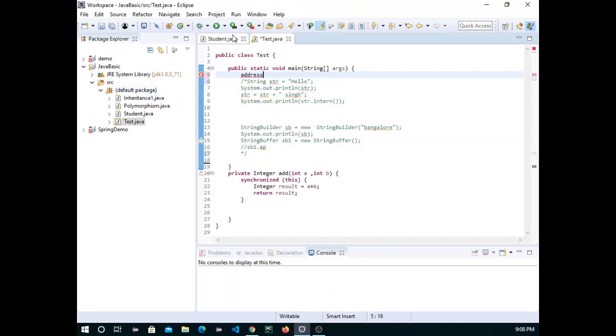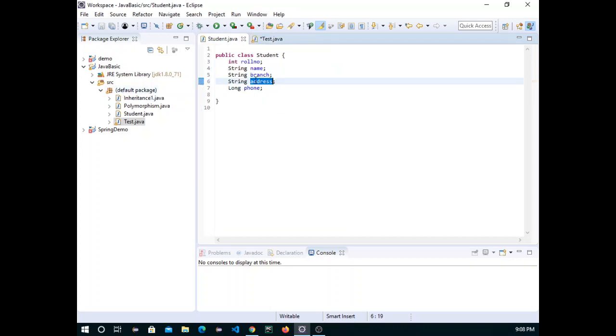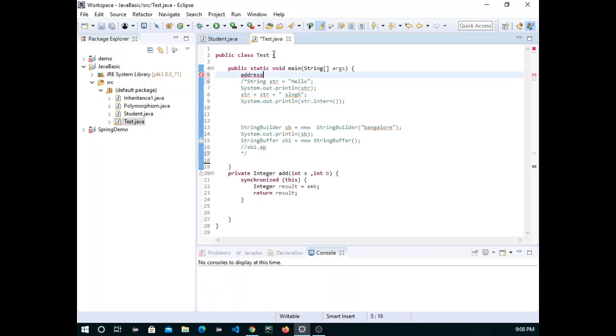This is the default package, so this property will be easily accessible from outside. How will it be accessible? Let me show you. This class is extending Student, so now this address is available to this class.